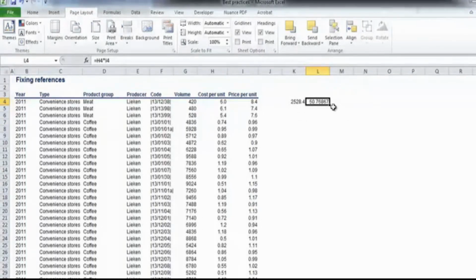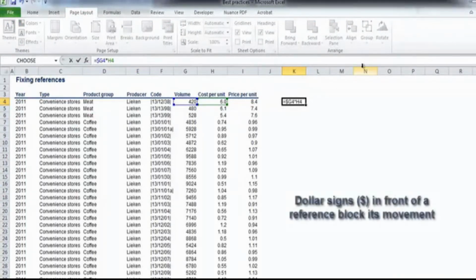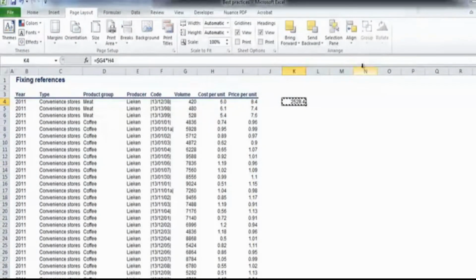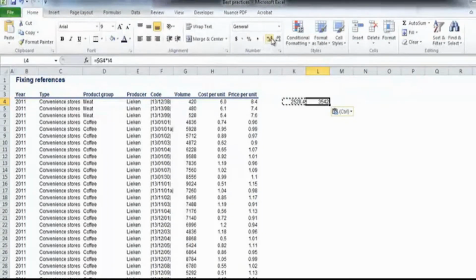We wanted to keep one of the arguments of the old formula, but change the other. Volumes had to remain fixed, while the cost per unit should be flexible. The way to do that is to put a $ sign in front of the reference we would like to remain fixed. Dollar signs are the symbol used in Excel in order to fix references. In our case, by putting a $ sign in front of the column letter G, we'll make sure that when we copy the formula to the right, this argument will remain fixed